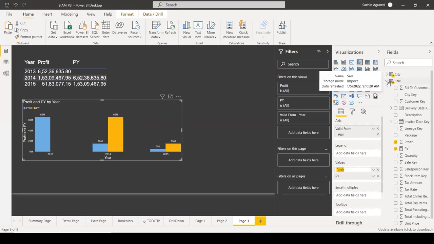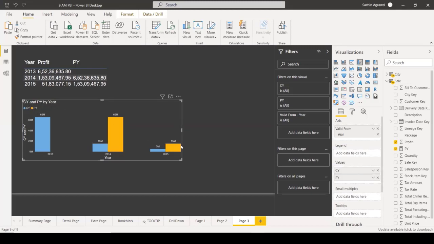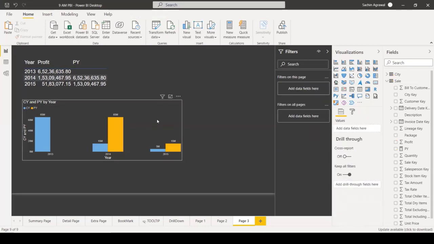Okay, CY versus PY. Just enter it. See the CY and the PY. So that is one thing which you can utilize by using the data add function. Now next we'll move to the